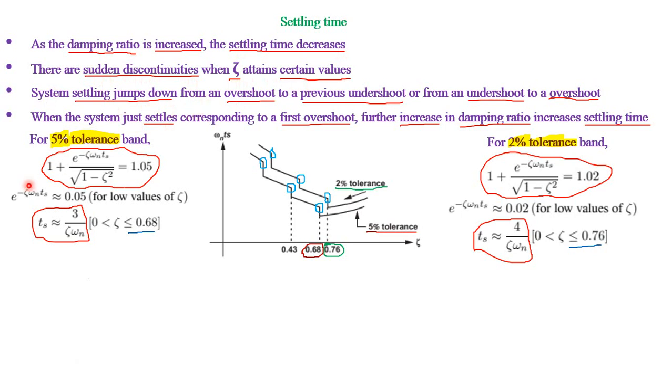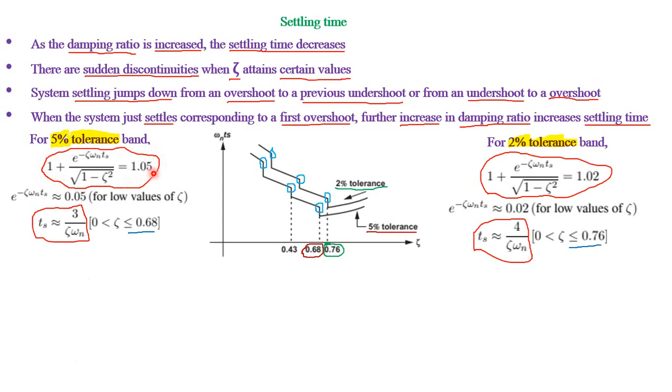Before that, how do we determine the expression for settling time approximately? See, we have a 5% tolerance. We have 1 minus e power minus zeta omega n t by root of 1 minus zeta square into sine of omega d t plus phi. So there we can have 1 plus e power minus zeta omega n t by root of 1 minus zeta square equal to 1.05 from that expression. That is the sinusoidal exponential decay response.